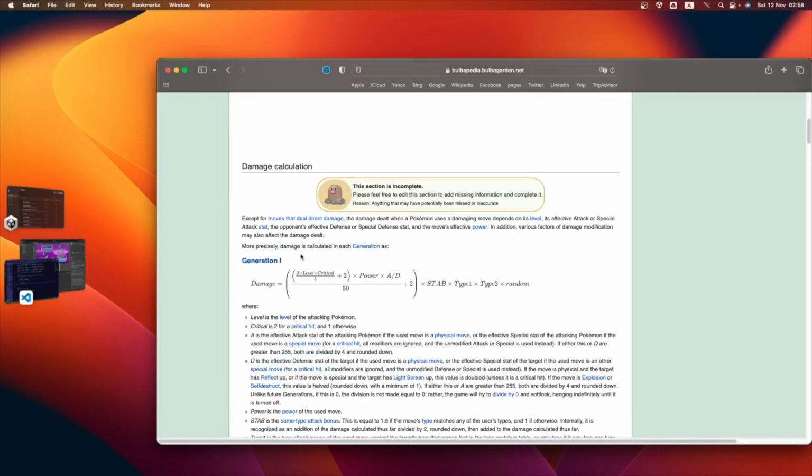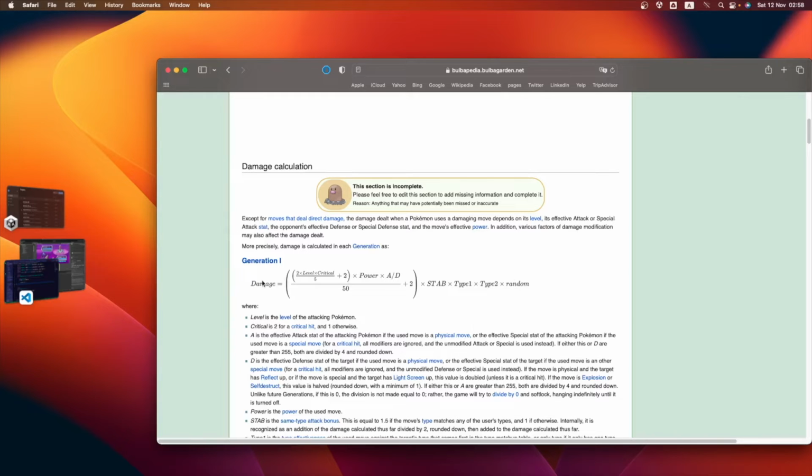Okay, so in generation 1 of Pokemon, this is the formula that happens, the math of how the damage is calculated depending on the attack we select against the creature. It looks a bit complex for non-math people like me, but it all makes sense when we connect all of it.